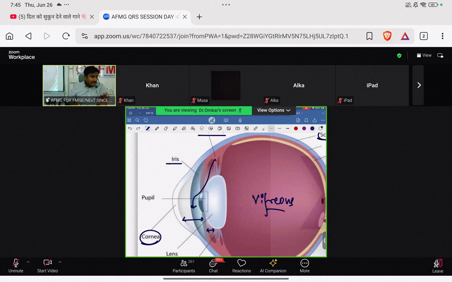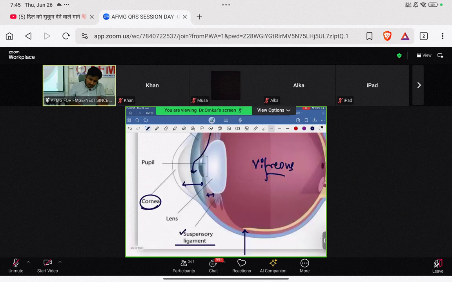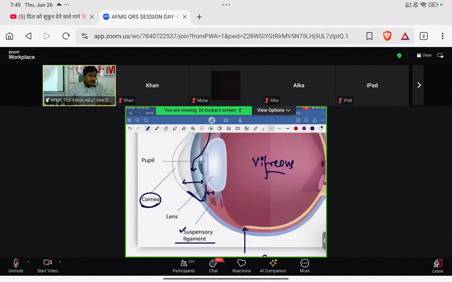Then it comes into the anterior chamber of the eye, and in the anterior chamber, beta, we have this angle called the iridocorneal angle. This angle between the iris and cornea is called the iridocorneal angle. Inside this iridocorneal angle, we have a trabecular meshwork. Via this trabecular meshwork, there will be drainage of aqueous humor, beta. So our aqueous humor gets absorbed through this trabecular meshwork.